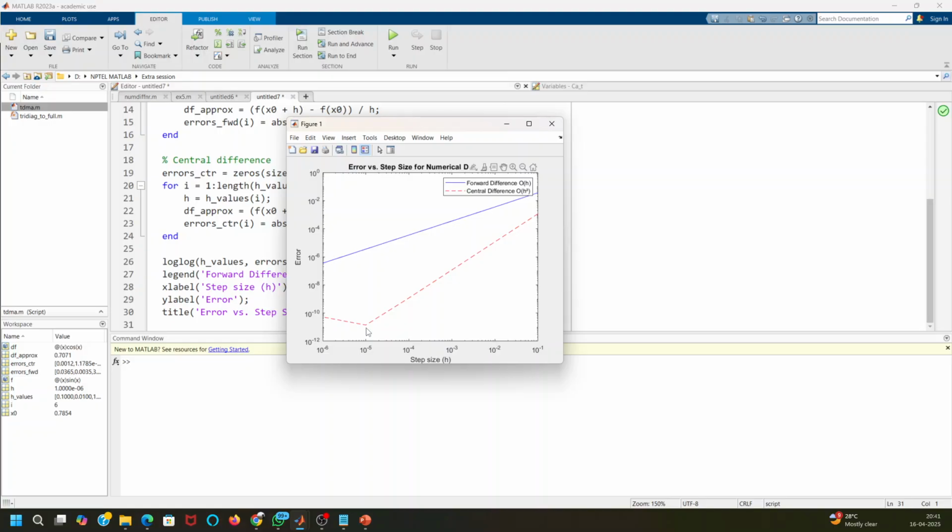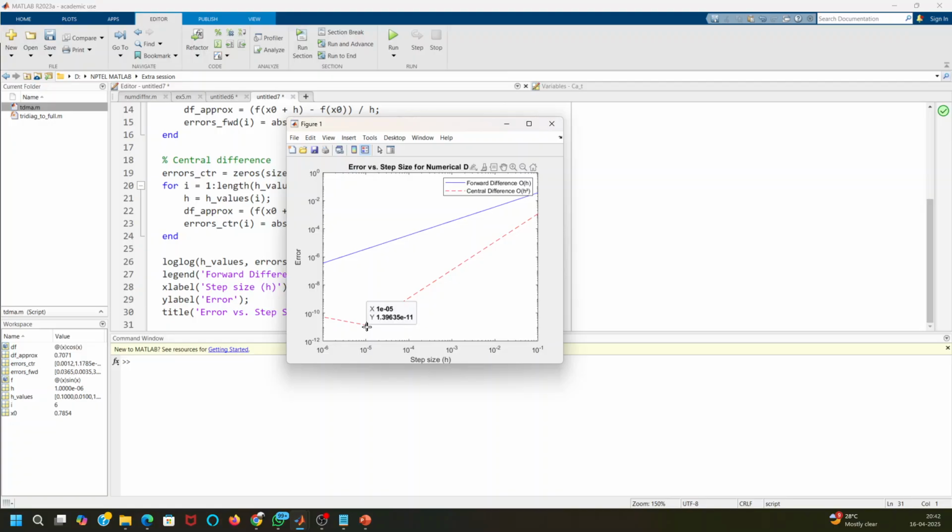If you are getting some value below 10 to the power of minus 16, MATLAB will round it off and it will take only up to 10 to the power of minus 16. So that's why, due to the truncation, due to the round off error which you are doing, that will lead to this increase of error when you further decrease the step size. So we have to be very careful. We cannot take a very small step size value while doing numerical differentiation. There is a limit to it, you cannot go beyond a certain value,